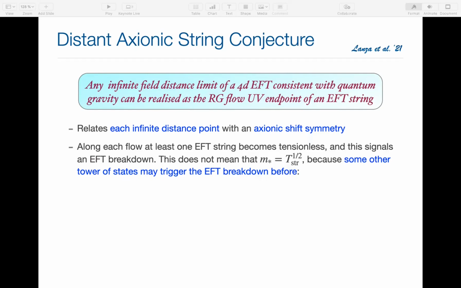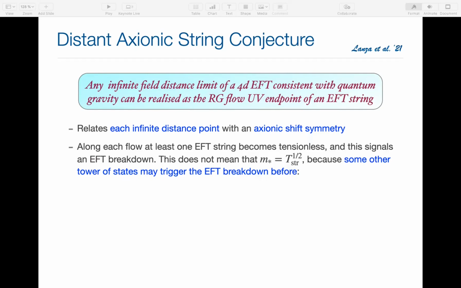As I said, because the string becomes tensionless along these limits, at least one becomes tensionless, maybe more. You already see that something should happen, no? What happens is not in the conjecture. So in this sense, we are almost as vague as the original conjecture, but